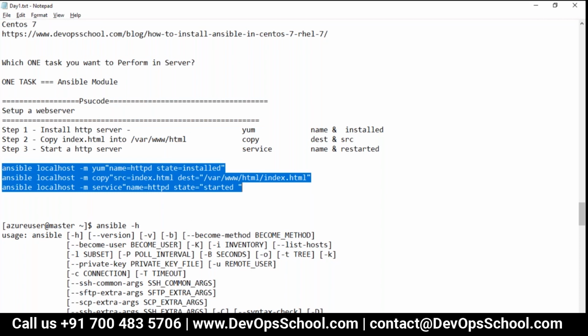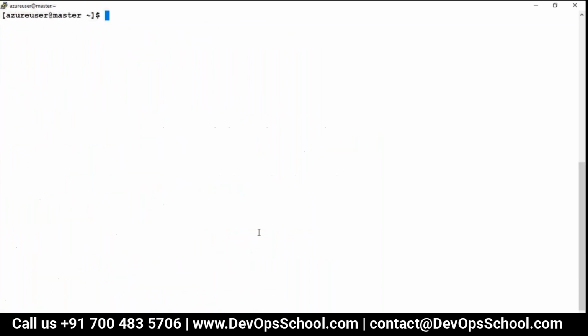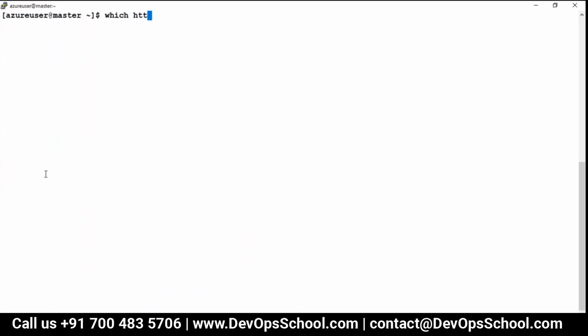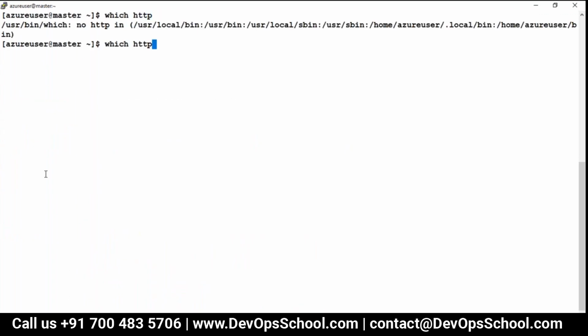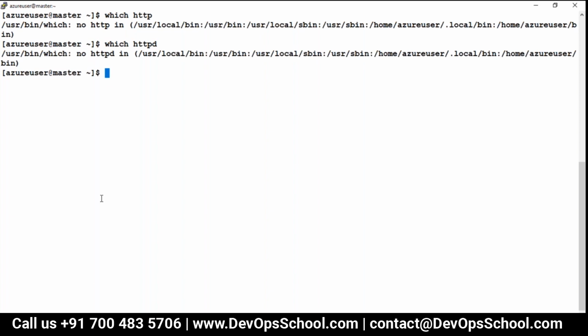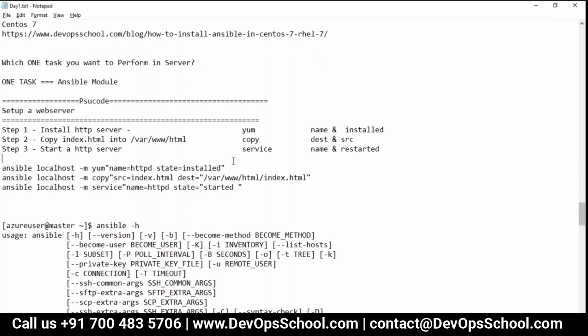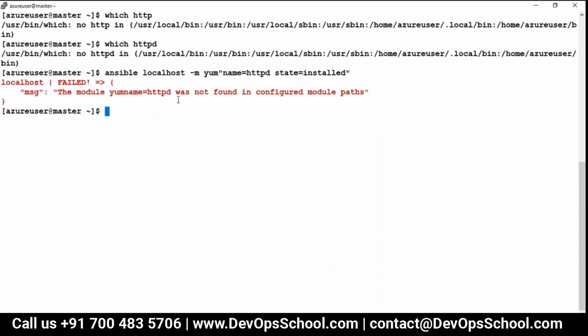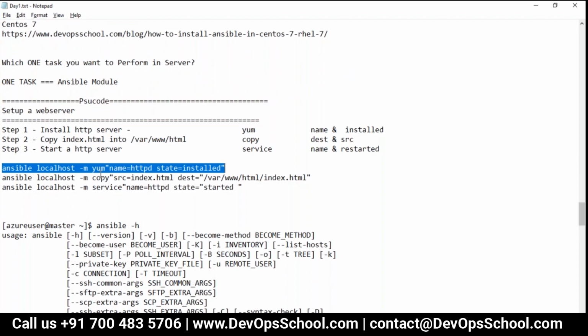Okay. It's fine. So now let me run it. All of you, look at my screen. See here, which HTTPD? See, it's not there. So can I run this first command? I think you need to give a space after. Yeah.